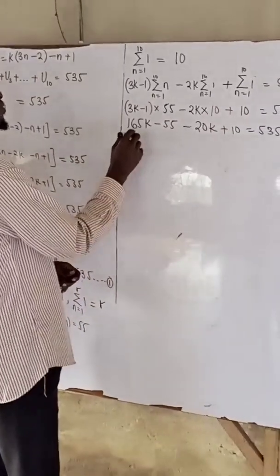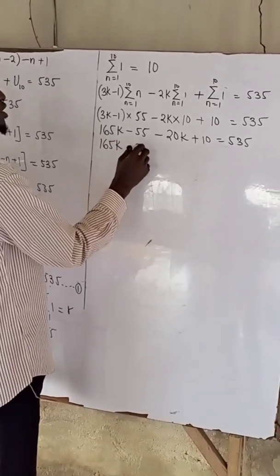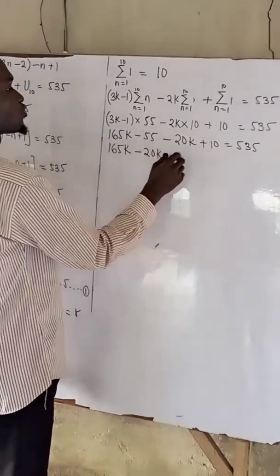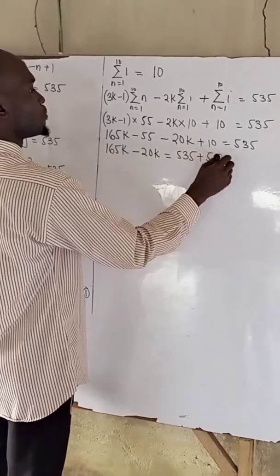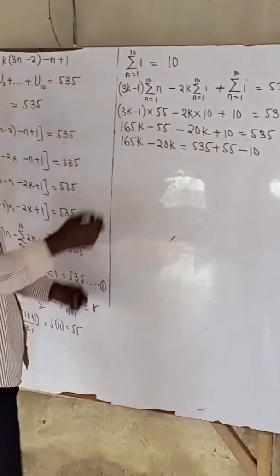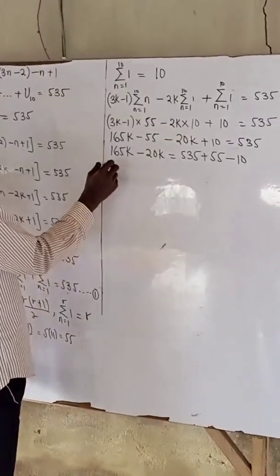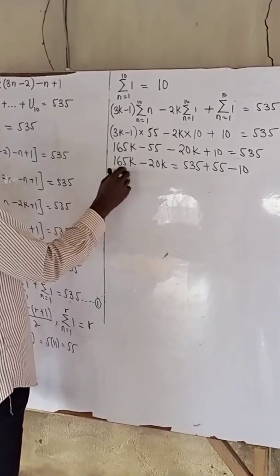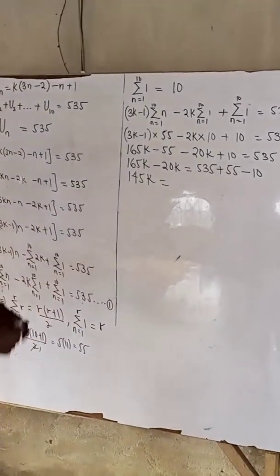That's 165k minus 20k equal to 535 plus 55 minus 10. So we can combine this. 165 minus 20, that will give me 145k equal to